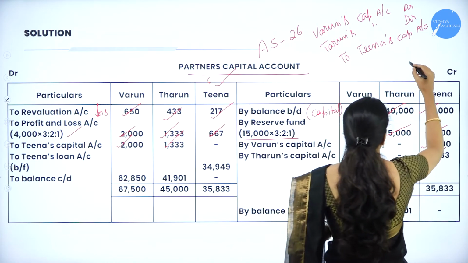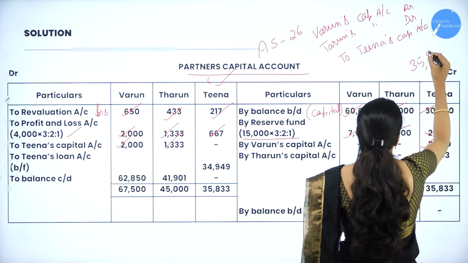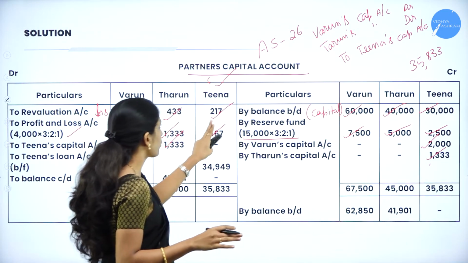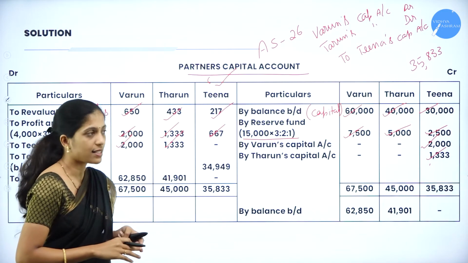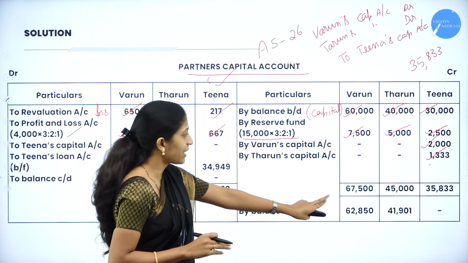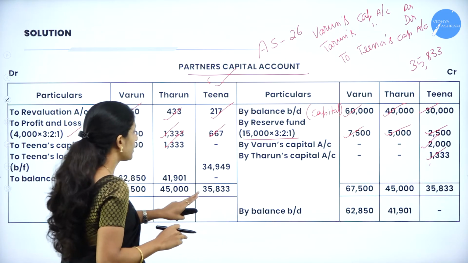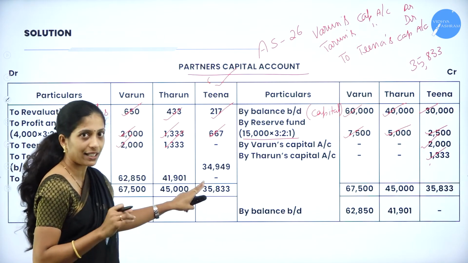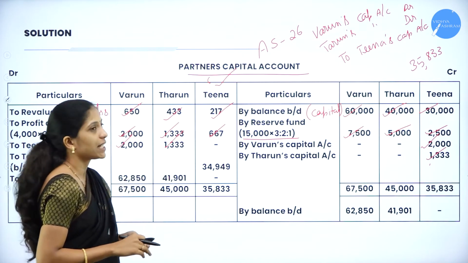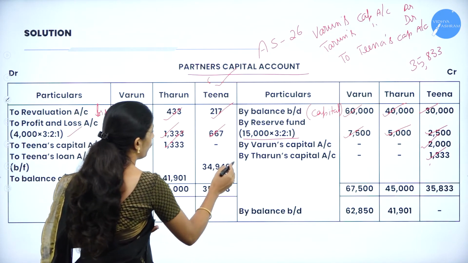So the total is 35,833, whereas on the credit side we have only 217 and 667. So what will we do? The greater amount, that is on the credit side, is more. So we'll write 35,833 on both sides in Tina's column, minus 667, minus 217. So we'll get a balancing figure of